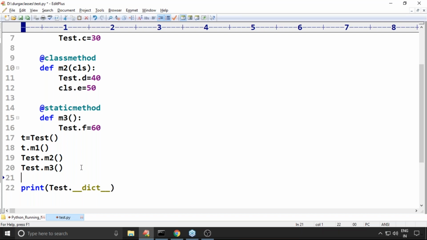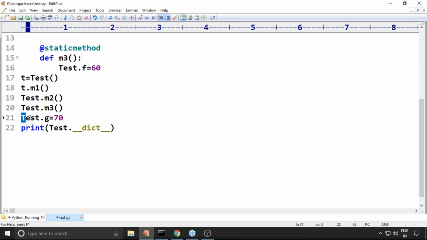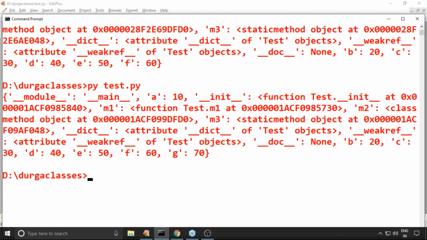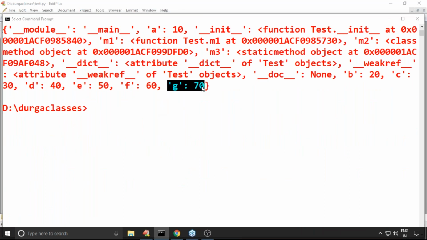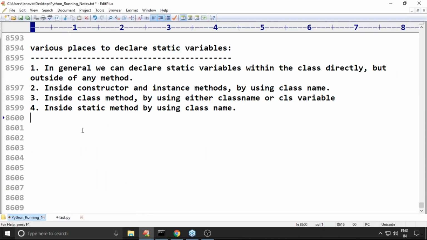Suppose outside of the class also I want to add Test.g = 70, like this. Outside of the class, if you want to declare a static variable, no problem at all. Any place you can declare, but by using the class name. Now have a look once. Sir, g = 70 came or not? Yes.